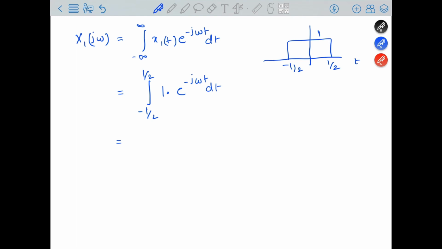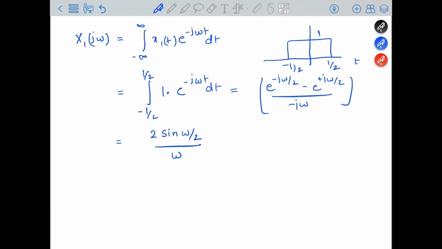Now you can solve it easily. I am just giving the final form. So the final form of this will be equivalent to 2 sin(ω/2) divided by ω. The integration will be of the form e^(-jω/2) minus e^(+jω/2), divided by minus jω, and by rearranging this form you can get this final result. That is very easy, you can try, but I am giving here the final form of X1(jω), which is 2 sin(ω/2)